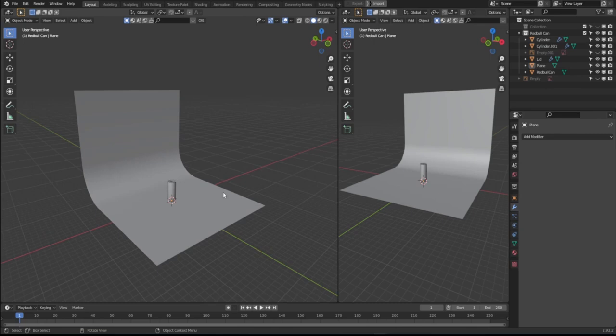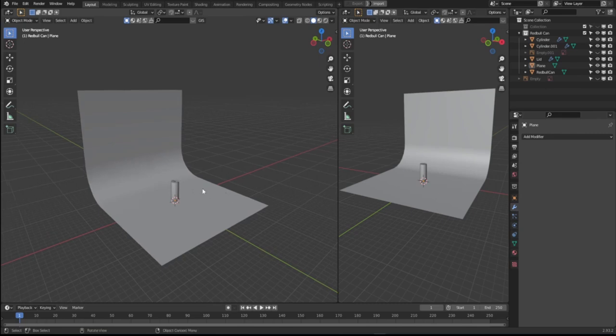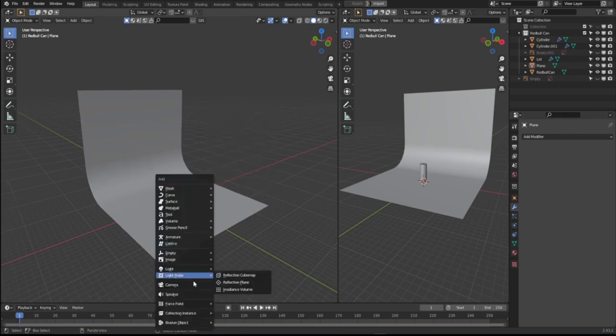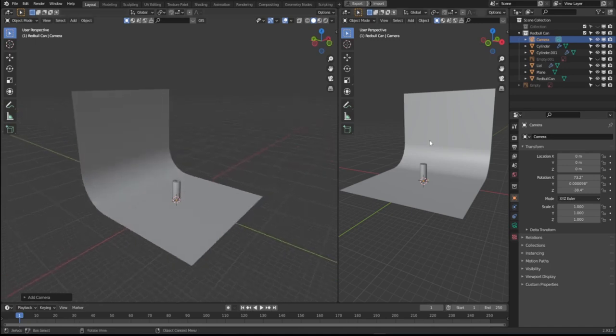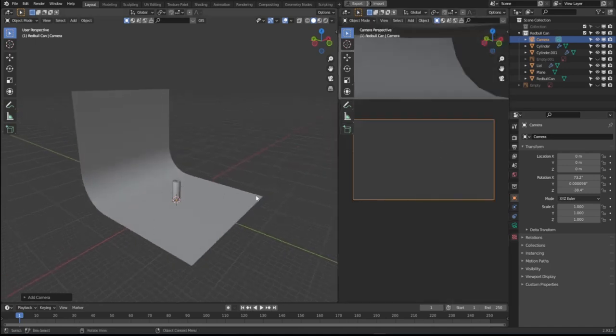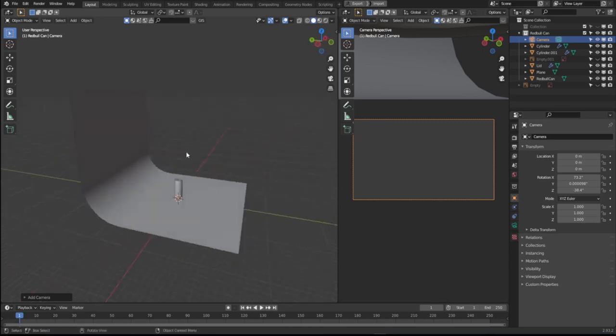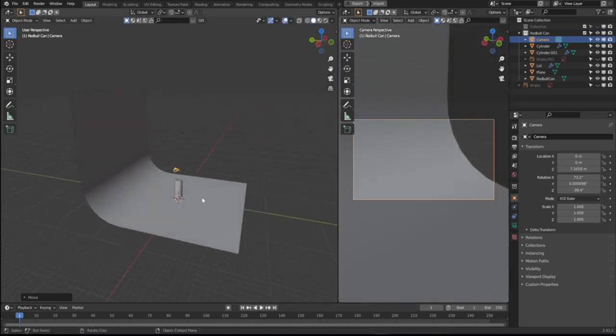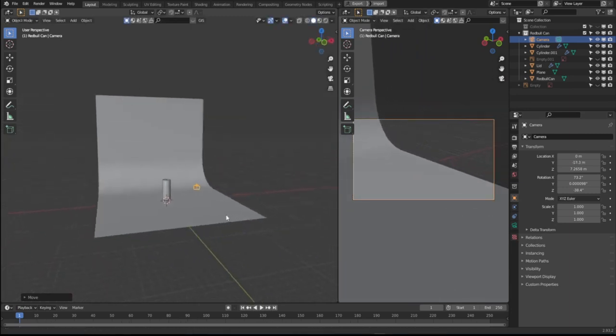So speaking of the camera, let's actually add that back in. So I'm going to go Shift A, Camera, and then in this side of things I'm going to press 0 to jump to the camera view. So now that we've got the camera selected and we're seeing here in the camera view, we can pull this up and start playing around with how it's actually